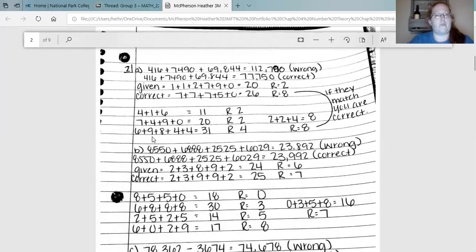It starts out as 416 plus 7,490 plus 69,844 equals 112,790. But actually, that's the wrong answer. So first you would need to add all of the numbers together and get the correct answer, which once they're added together, the answer is actually 77,750. So you would take the given answer